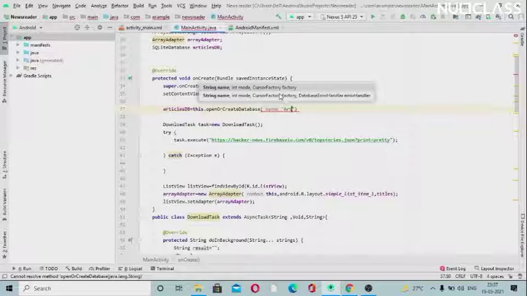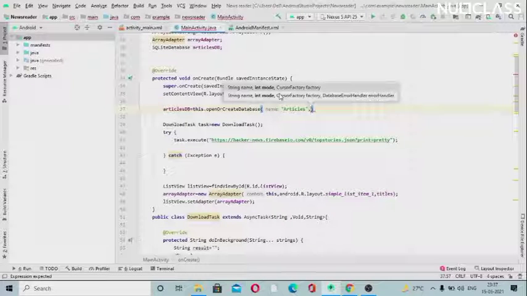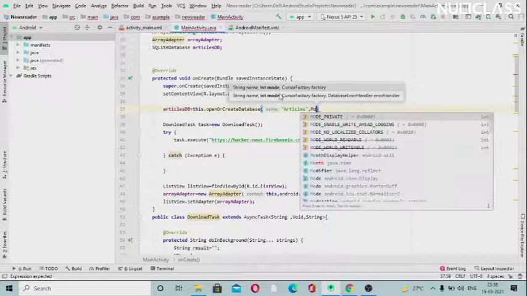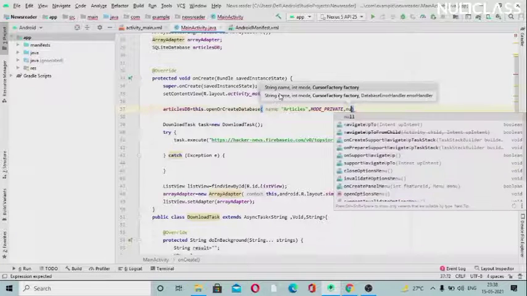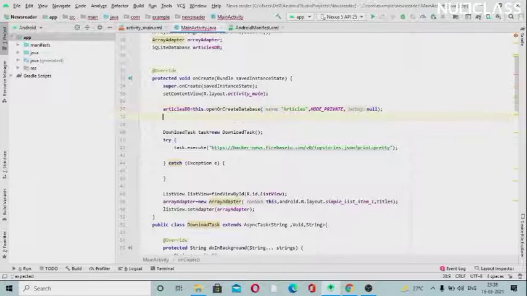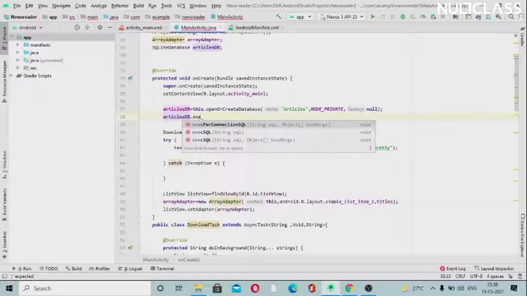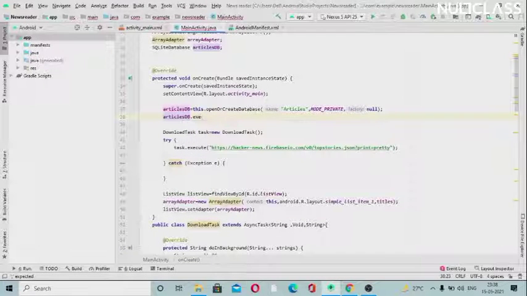We will give it the database name as articles, and the second thing we need to pass is the mode, whether we want a private database or public. So we will set it as mode private. The other things, like updates or other things, we don't want, so we will set them to null.